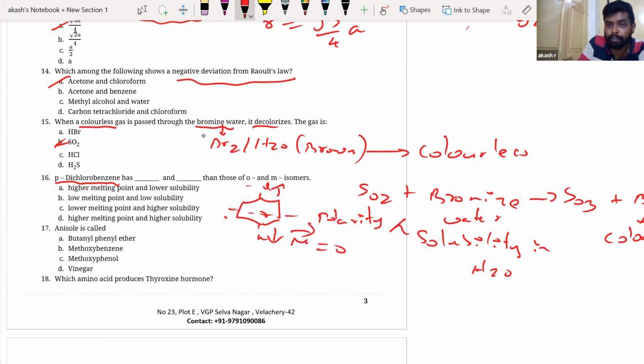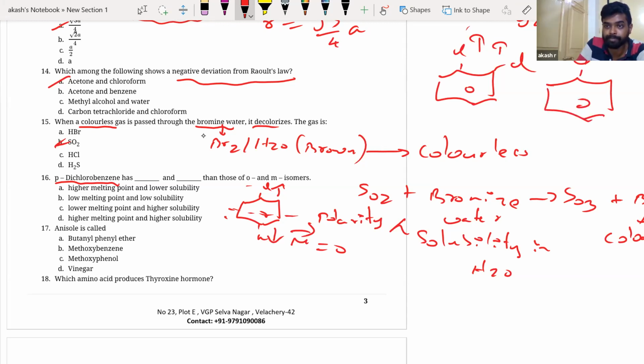But if you check for ortho or meta, there will be some residual. Say this is ortho. Both are pointing upwards. I'm talking about the residual things. Hope you know how to resolve a vector. Now, if I check for meta, again you will see one of the components is up. This component is definitely up. So there will be a net dipole moment. So for both of these, mu is not equal to 0.